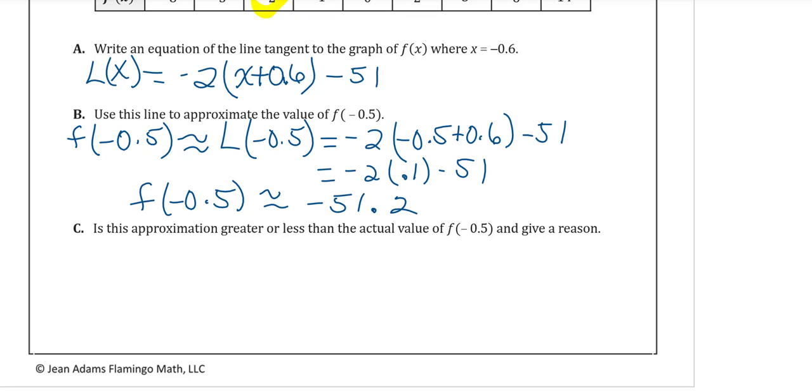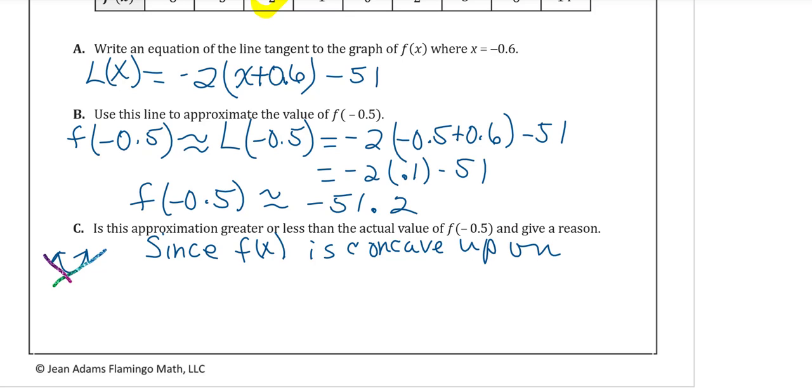Okay, and then part C asks us, is this approximation greater or less than the actual value? Well, it told us in the description of the problem that we had a concave up function. So if that's the case, any tangent line we draw is going to be below the function. So our answer should look like this. Since f of x is concave up on our interval,